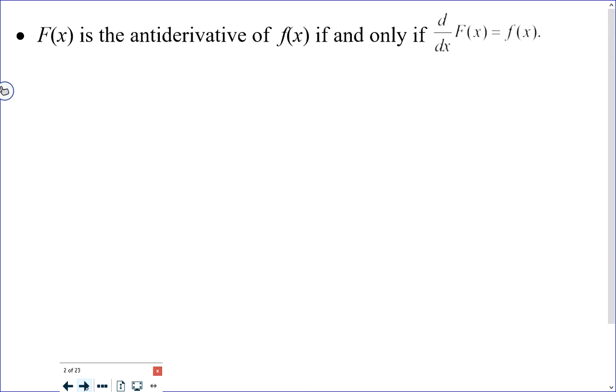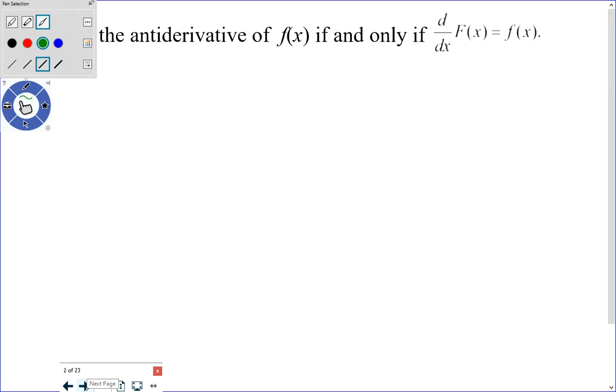And the new notation is to use f of x, but we're writing capital F of x. And when I read that for you, I'm going to say capital F of x. So capital F of x is the antiderivative of f of x, and that's only true if the derivative of capital F of x gives you f of x. So capital F of x is the antiderivative of the function if and only if the derivative of the antiderivative gives you the function. And that should kind of make sense to you because